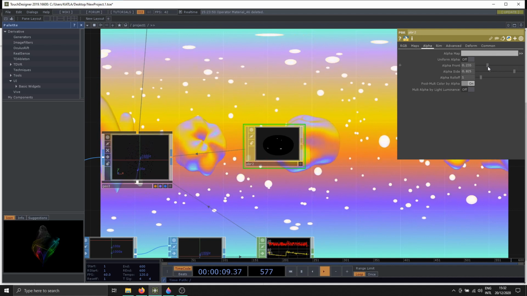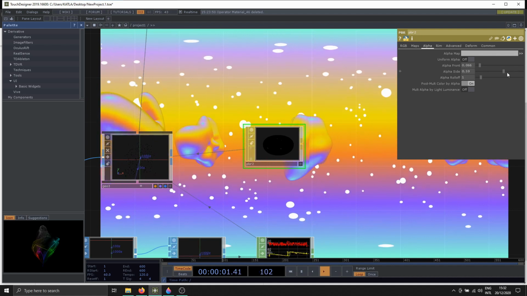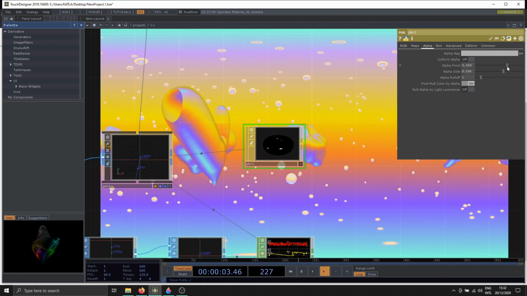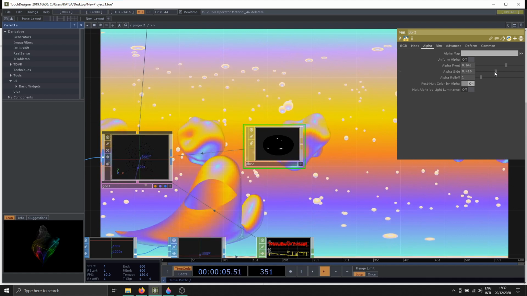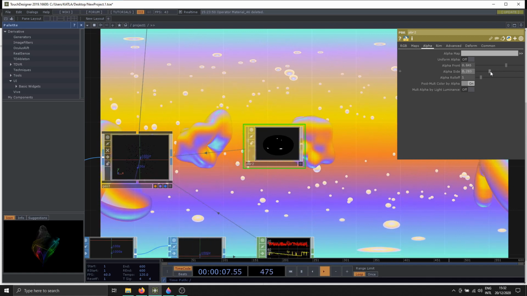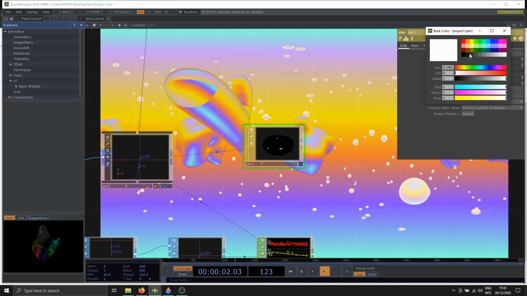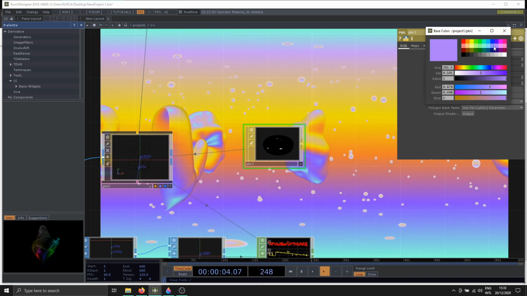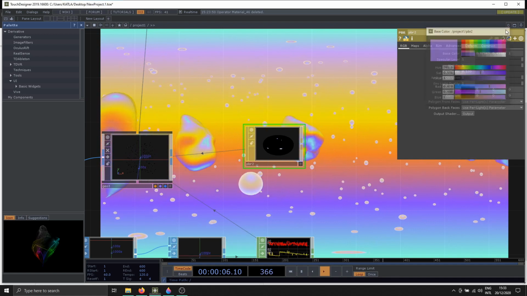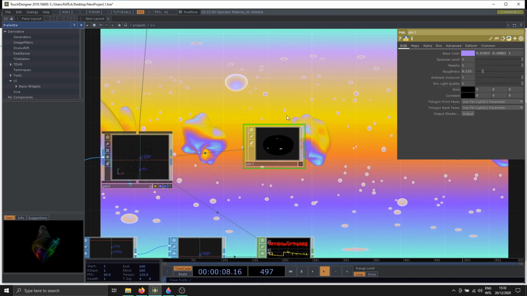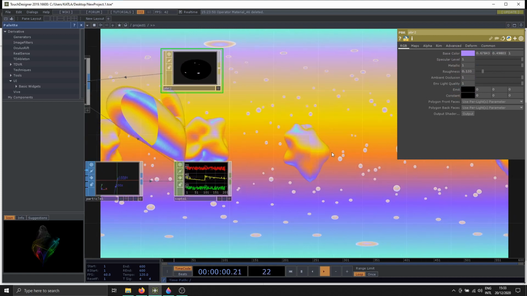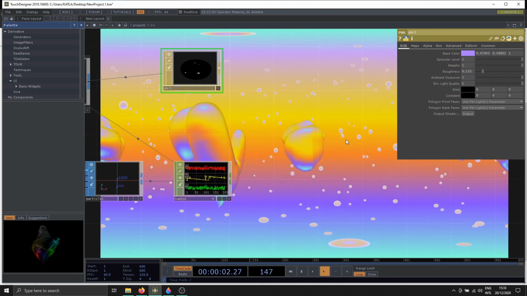Maybe the other way around, so we look more bubbly. And the base color, let's give it some color. Okay, so we have these bubbles, we have these blobs, and